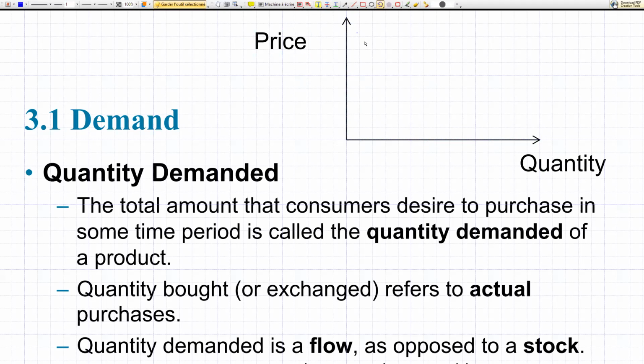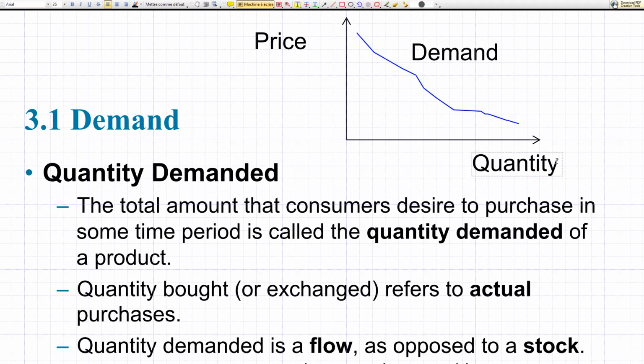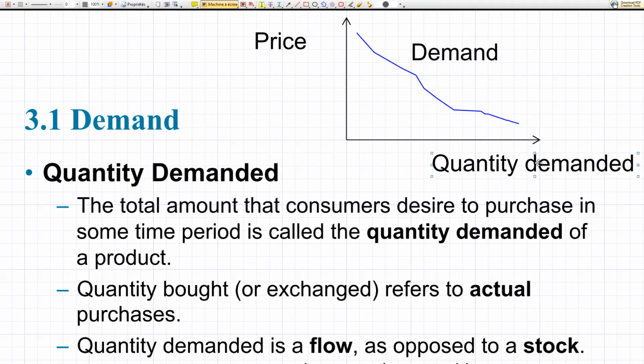And this is demand. Maybe it looks like this. This is what it looks like if nothing else changes in the world except quantity demanded and price. If tastes stay the same, if income stays the same, price of other goods stays the same,